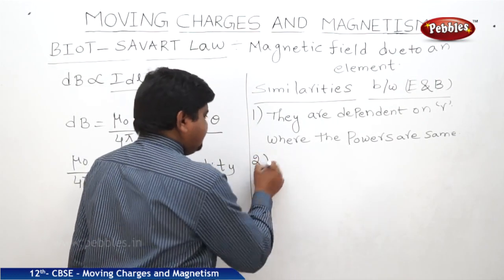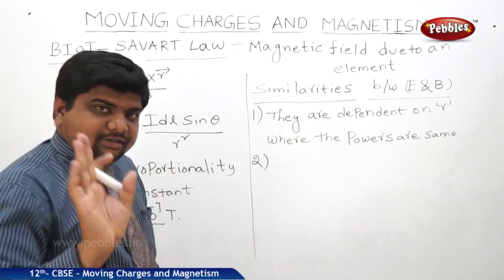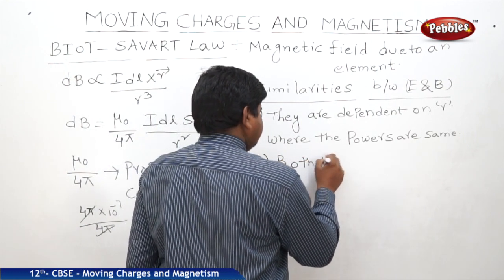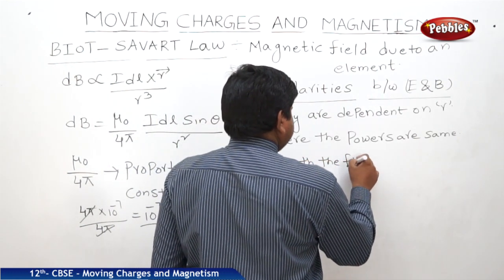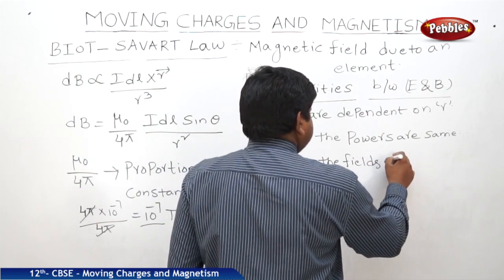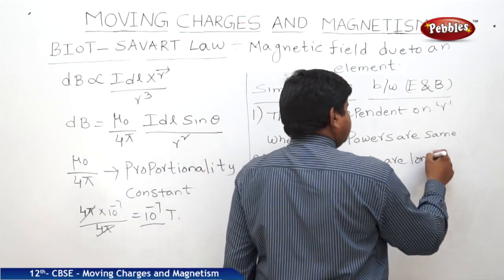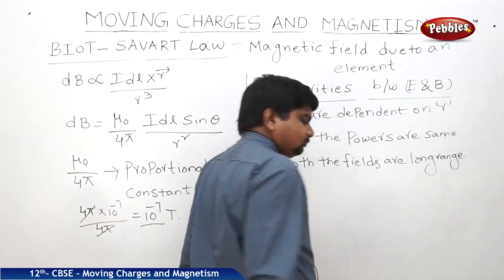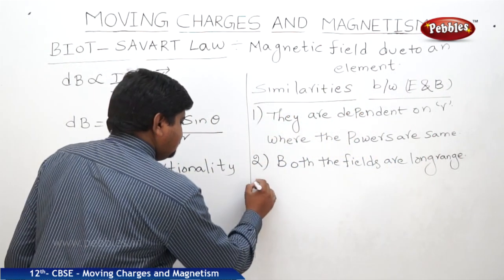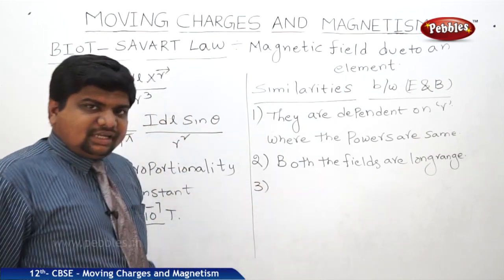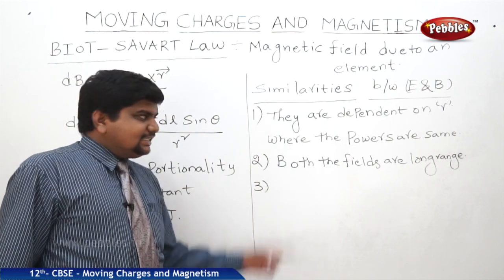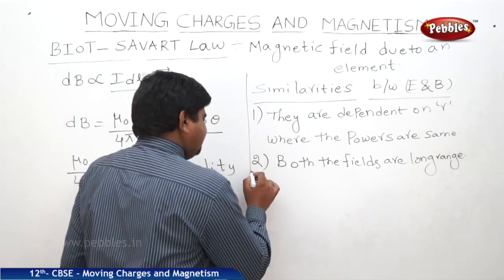What is the second point? Both the fields are long range. There is one more similarity. Third one, there are some differences also. What are the differences? These are the similarities. If you see the differences,